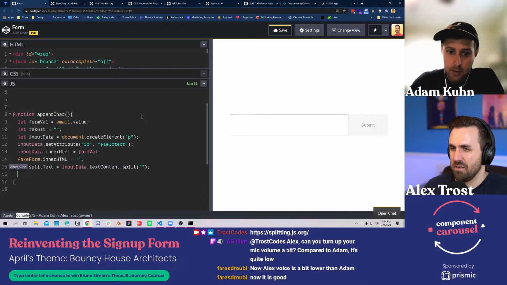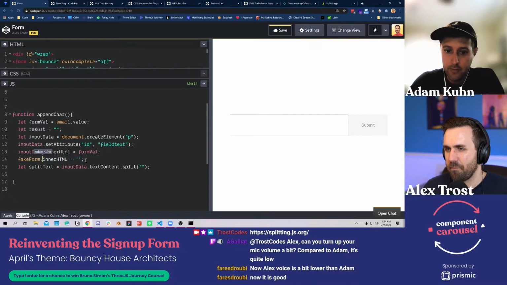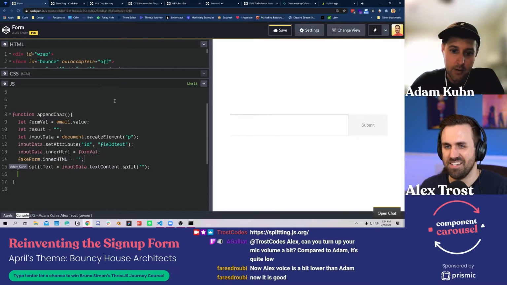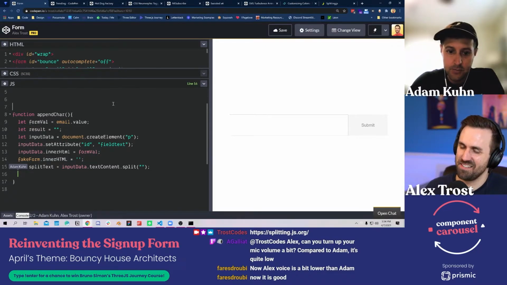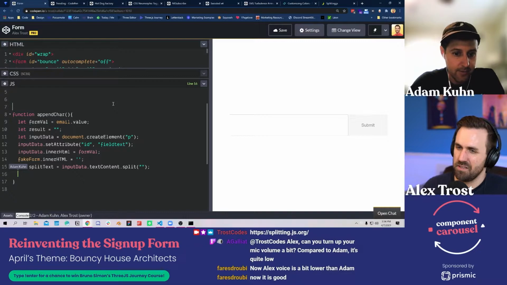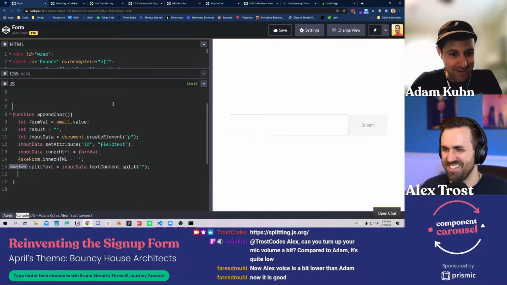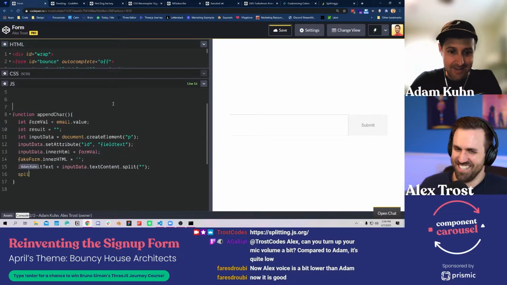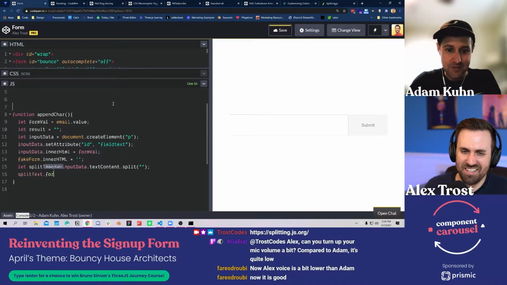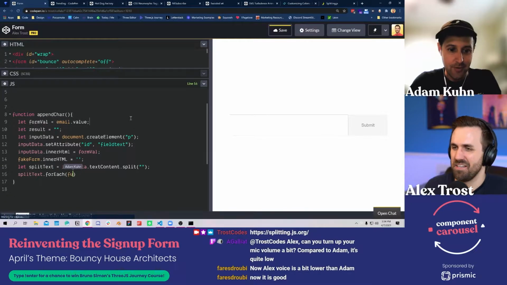And then in the fake form, the inner HTML, that's clearing it on every keystroke. So we're clearing it and redoing it on every keystroke. There's probably a faster way where we could just add or subtract each one. Totally works for now. It's easier, when users are deleting and stuff, just to clear the whole thing every time, and you can't really see it. So if you can't see it, it isn't there, right? So let's iterate through.